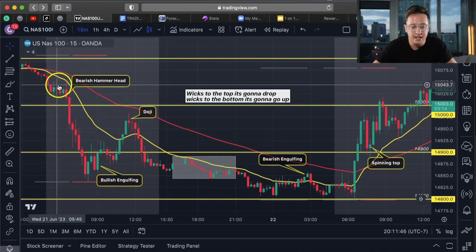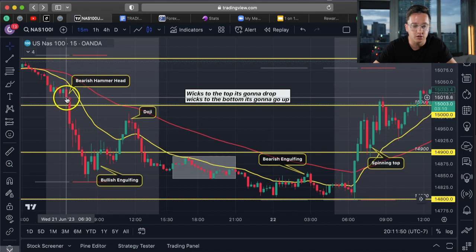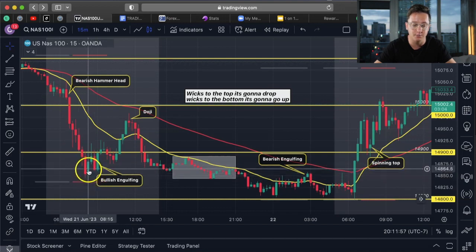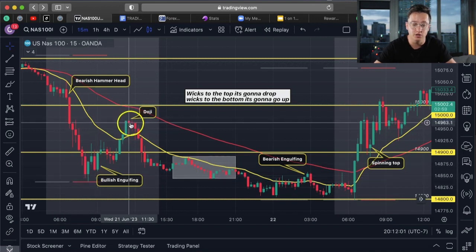When you see these candles with wicks to the top like this and the candles closing bearish, red like this, that's signaling a really good sell. But if you see wicks to the bottom like this candle right here pointing down, that's signaling a very good buy. So our doji right here,